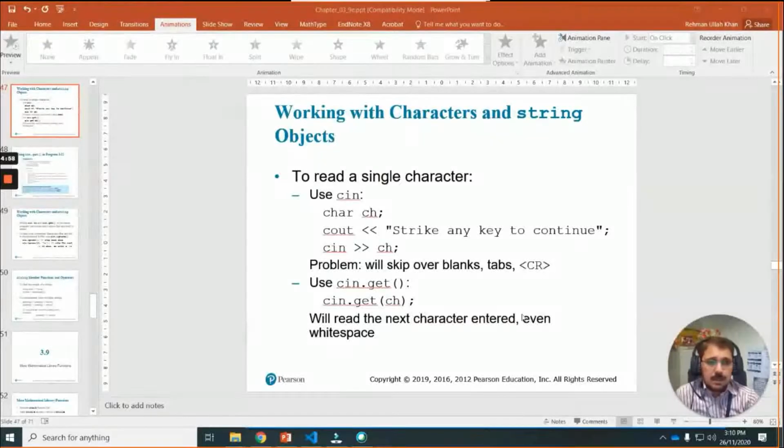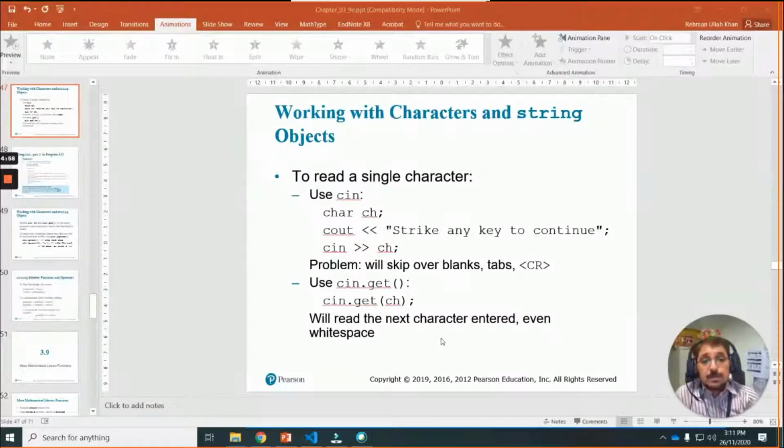Today we will study the problems in a cin statement. If you remember from previous class, I introduced it to you, but today I want to go into a bit more detail. A cin statement is basically used to get input from the user. Okay, but mostly a cin statement is getting input character by character.